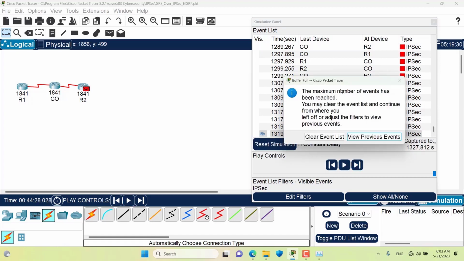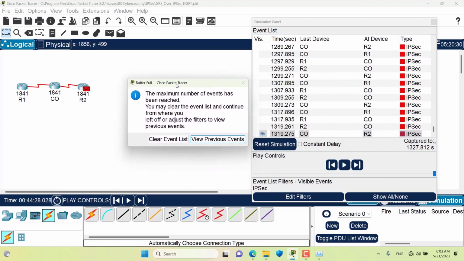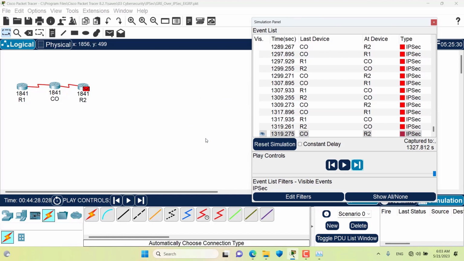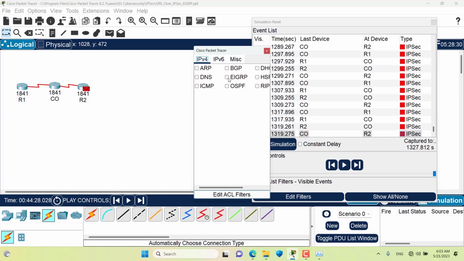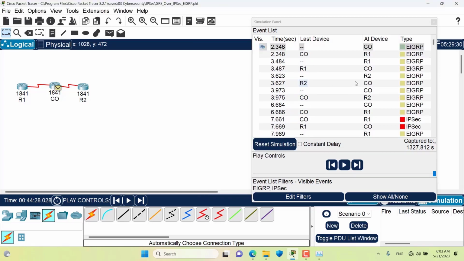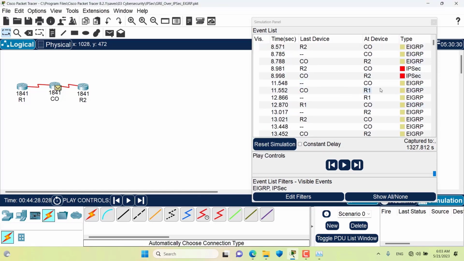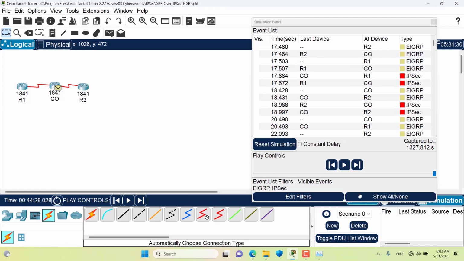Okay, now we can see that the buffer has become full. Packet Tracer is prompting me whether to clear the event list completely or allow me to view previous events. Let's just view previous events. I can even add more filters like EIGRP that I had removed before. Now I even have all of these EIGRP packets as well. Or